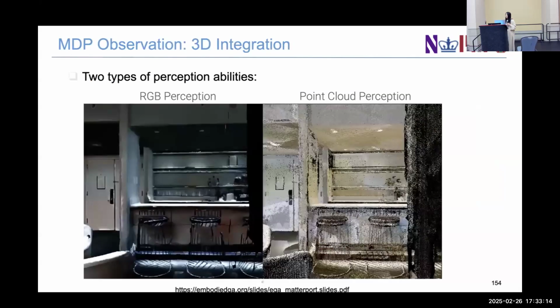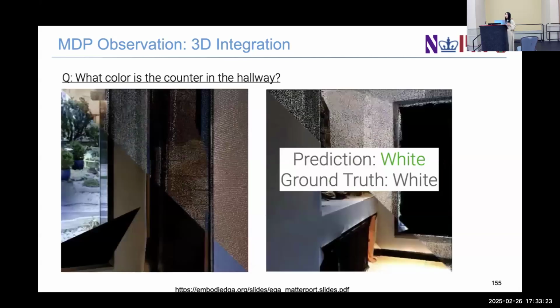Another thing we want to highlight is that for the input, we not only have RGBD input, but we also have point cloud as input. So if we try to answer the question, it's similar to the EQA setting. It's just that the input has been changed to the point cloud, and the agent should also navigate in this point cloud. Like here, if we want to answer the question, like what color is the counter, it actually needs to navigate the environment until it achieves the final result, like by facing this point cloud of the